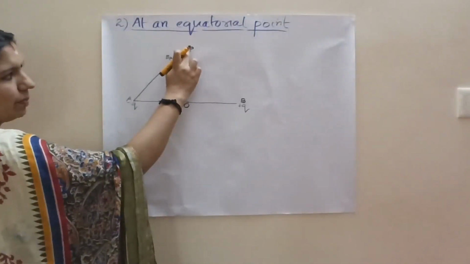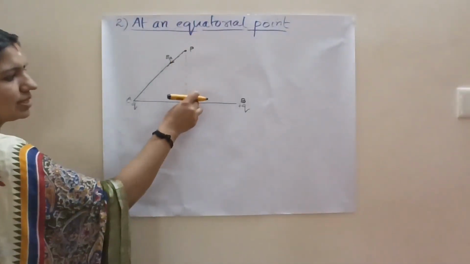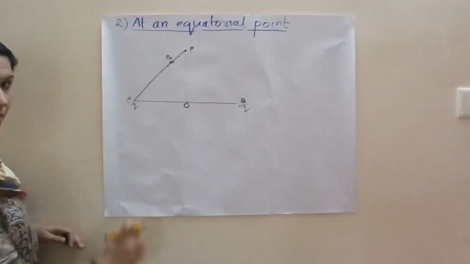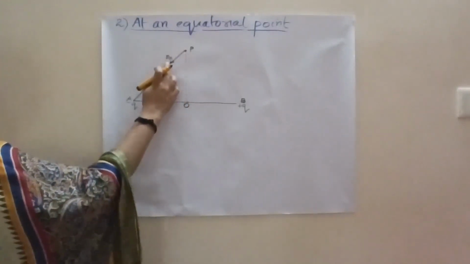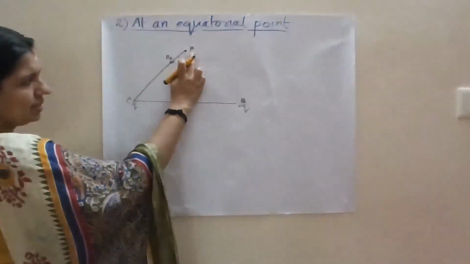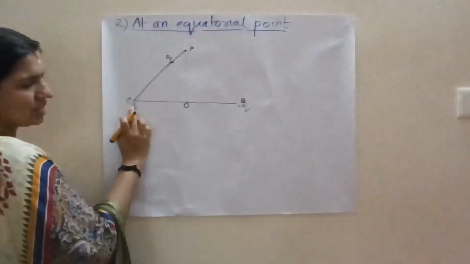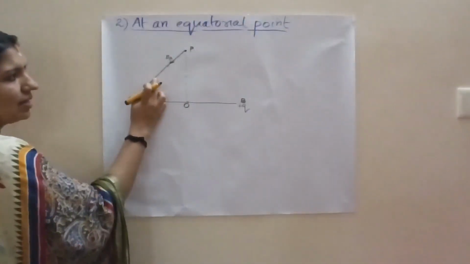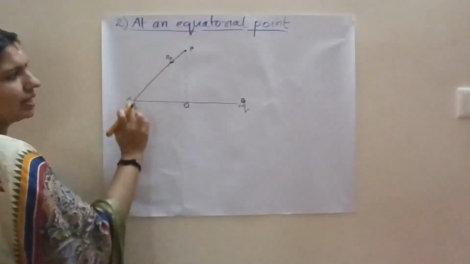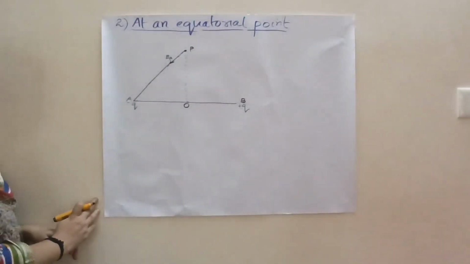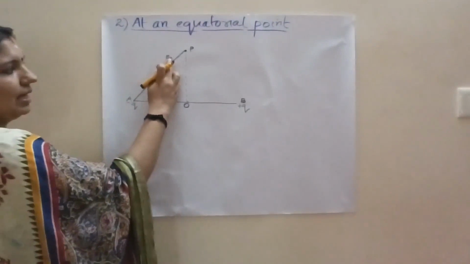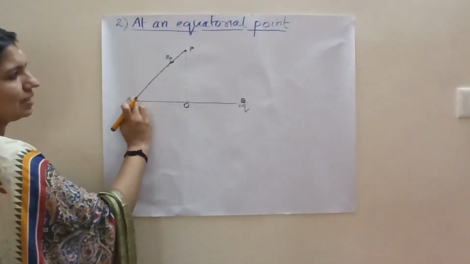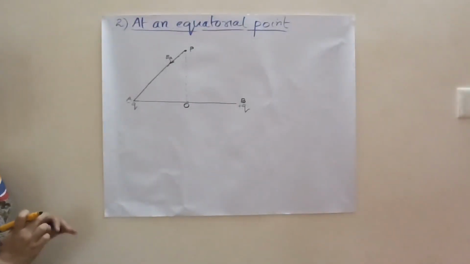This is the equatorial point. That means the perpendicular distance towards the center. The center of the dipole is considered as the equatorial point, and in that particular equatorial point there is a unit positive charge. This minus q will experience an attractive force, so the force is experienced towards the minus q charge, and the direction of electric field is also towards the minus q charge, which is considered as EA along this direction. Which direction? PA is the direction of the electric field, but EA.